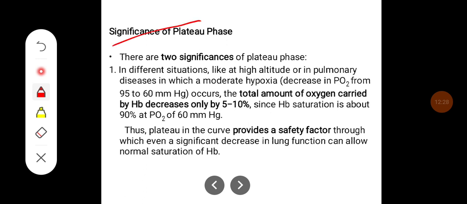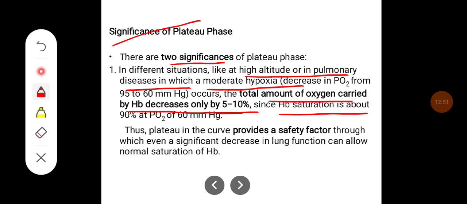What is the significance of this plateau phase? So there are two significances. One, in a different situation like high altitude or pulmonary diseases, in which moderate hypoxia, the decrease in PO2 from 95 to 60 mmHg occurs, the total amount of oxygen carried by hemoglobin decreases only by 5 to 10%, since Hb saturation is about 90% at a PO2 of 60 mmHg. Thus the plateau in the curve provides a safety factor,